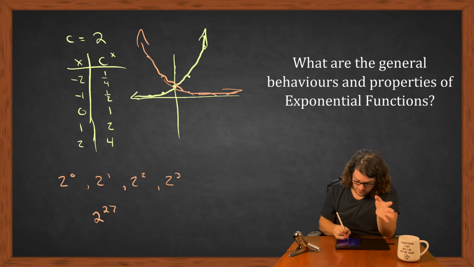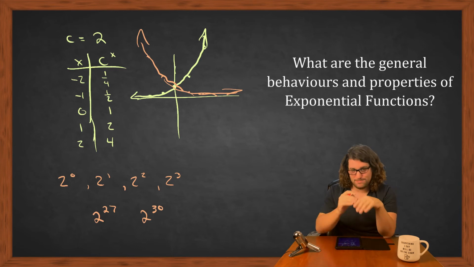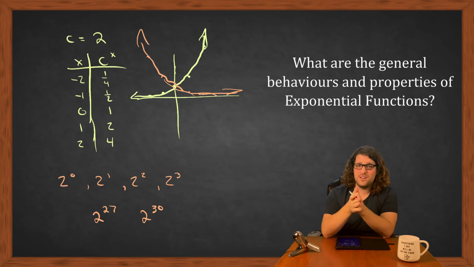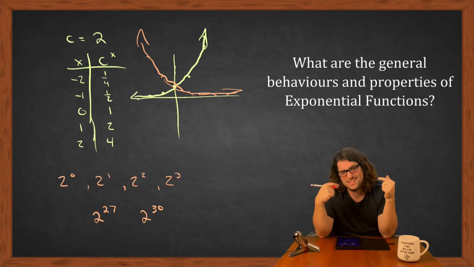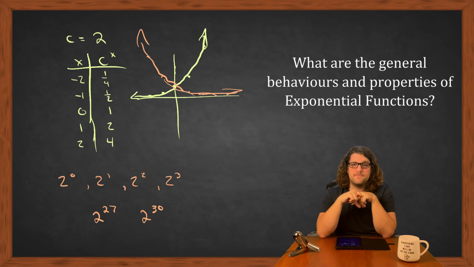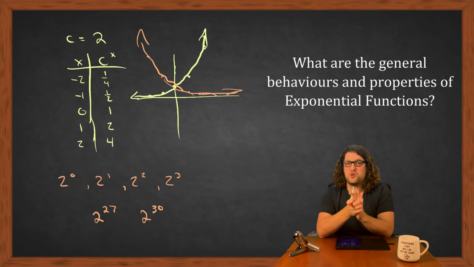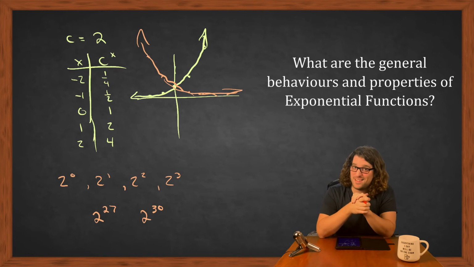Best case scenario, I'm getting up to 2 to the power of 30. Now, what I'm going to do is suggest that you pause the video, grab a calculator, and assess those two values. If you don't think this is a good deal for a small child trying to, I don't know, bait their parents into a really bad situation, it is, because those are very, very large numbers that started off very,